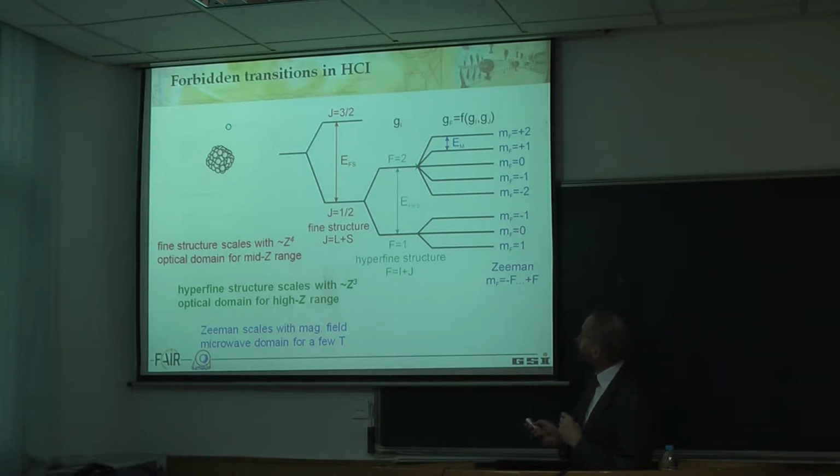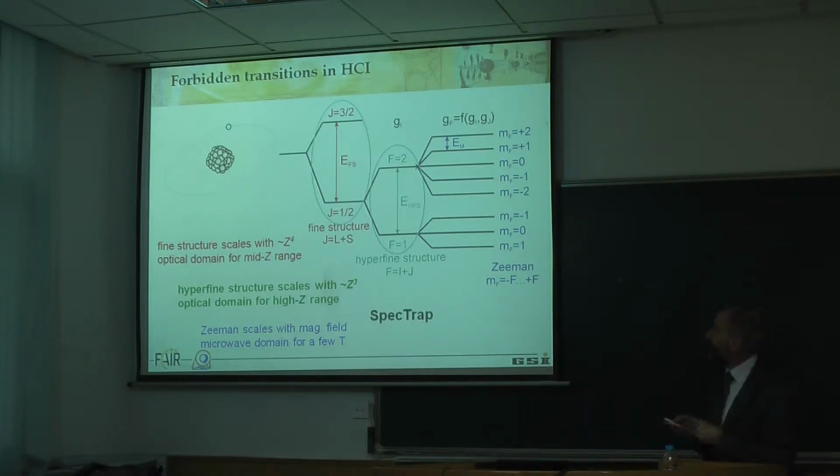So here, there's fine structure transitions which scale with Z to the 4th, and you can study those to get information. But what we're concentrating on is hyperfine transitions, and the reason that we're interested in that at SpecTrap is because if you go to bismuth or to lead, then this transition becomes a visible transition, so you can study it with laser spectroscopy. That's why this particular transition and these particular hydrogen-like ions are useful, is because you can use laser spectroscopy techniques to measure this